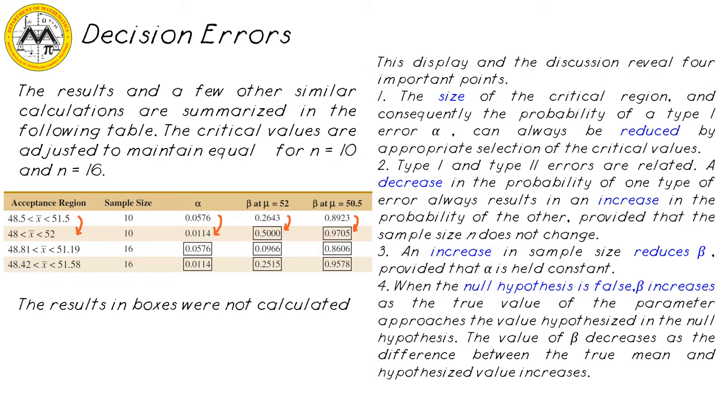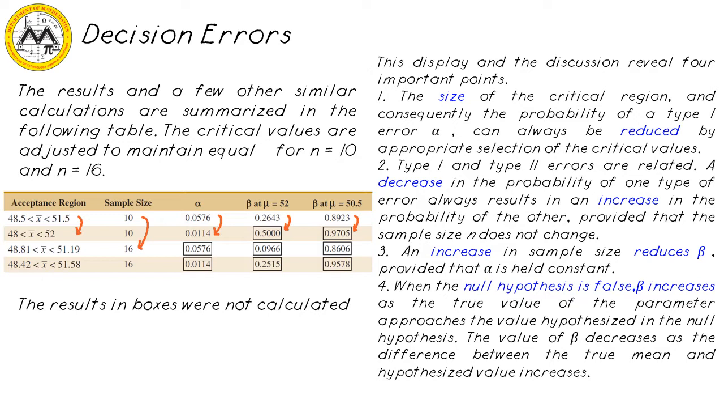If we increase sample size from 10 to 16, increasing the sample size decreases alpha. So same is true with beta. So it's advisable to increase sample size. So just to summarize all of those comments,